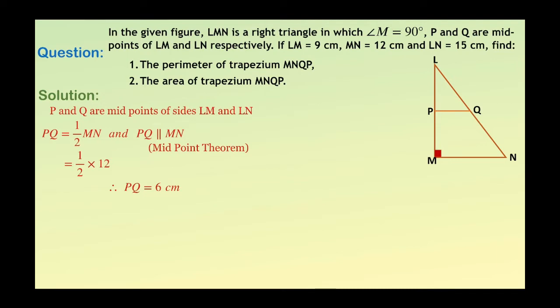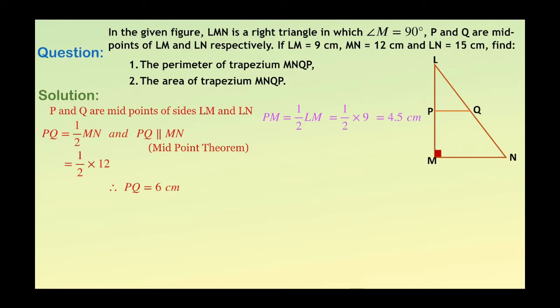We also got that PQ is parallel to MN. So one pair of opposite sides in quadrilateral MNQP is parallel. Therefore we can say that it is a trapezium. So, before the perimeter of the trapezium,